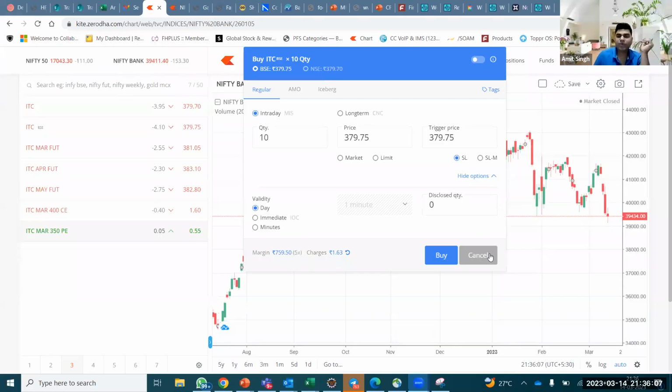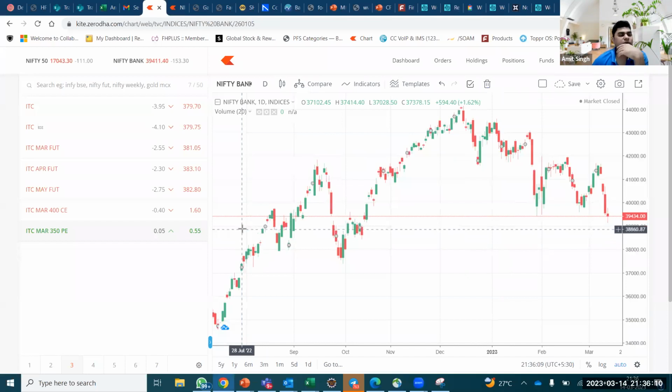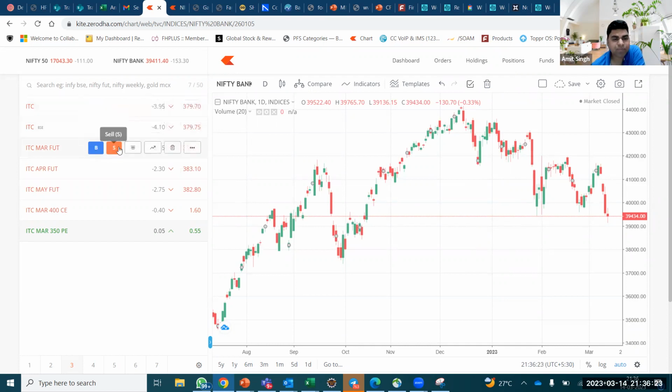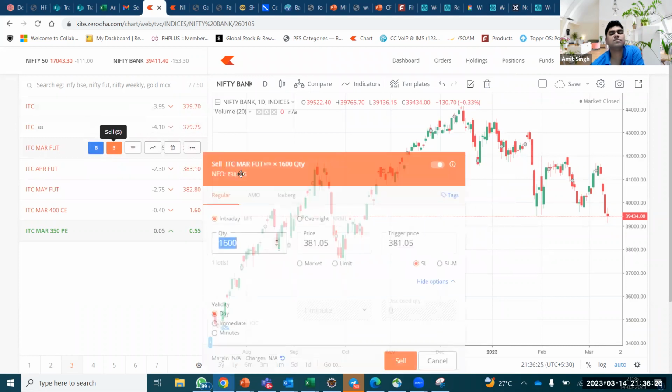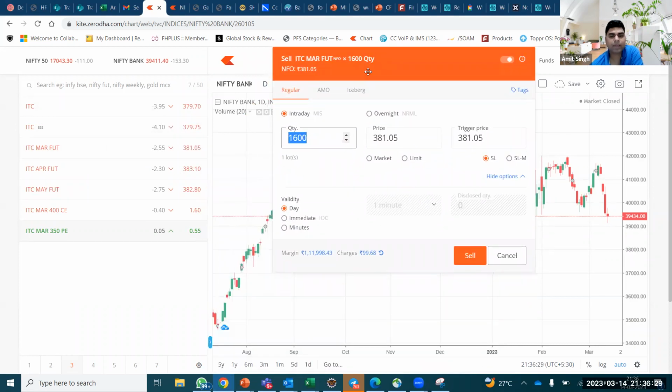So when will I take a future? When I want to either go long or short, right? But long I can go via stocks also. But if I want to make money between today and tomorrow, or maybe a longer duration, then I have to go here and sell a future. But this is very different. Unlike a stock where you can do a transaction with 400, 200, 100 and all that, in a future, if you want to take a trade, there is a lot size. This is the biggest difference.